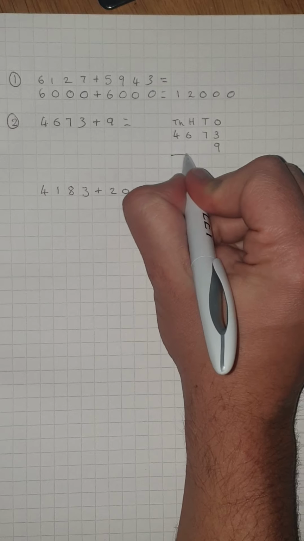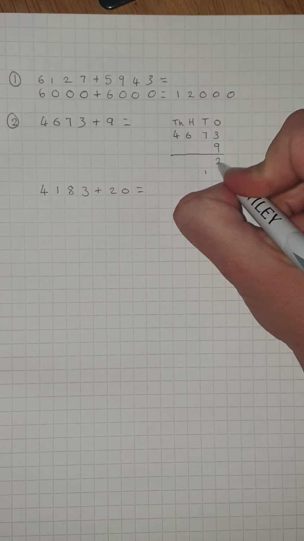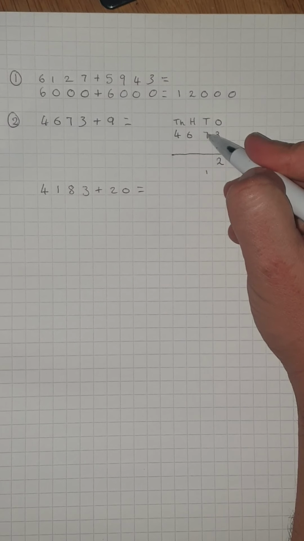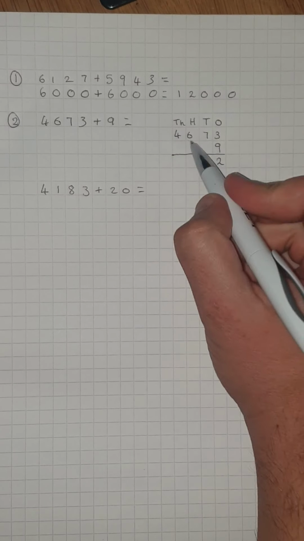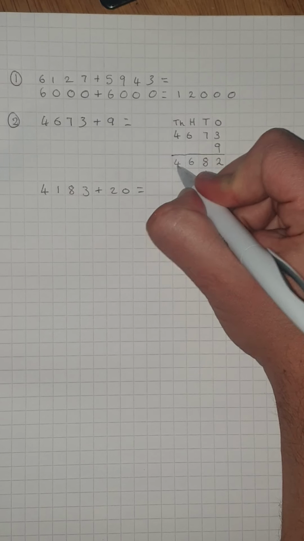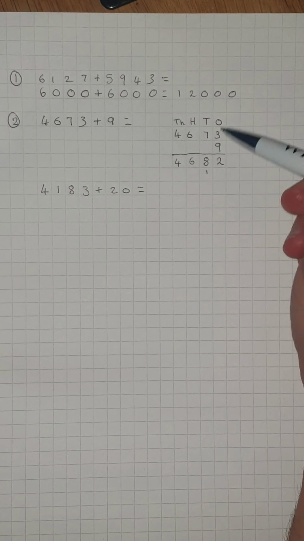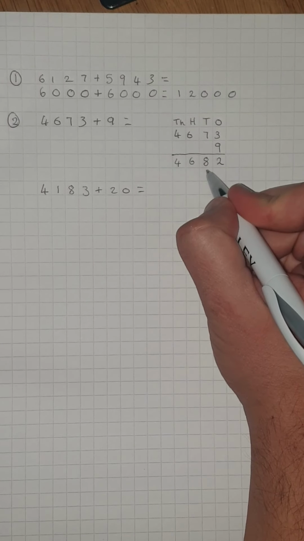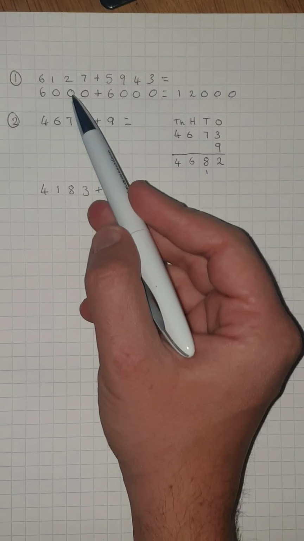Okay, so 3 plus 9 is 12. We're going to carry the tens over here, so that's in the tens column. 7 and 1 is 8. 6 add nothing is 6. 4 add nothing is 4. And this is exactly what I mean by exchange. So 3 add 9 is 12. We've exchanged those 10 ones for 1 in the 10 column there. And then progressing through,